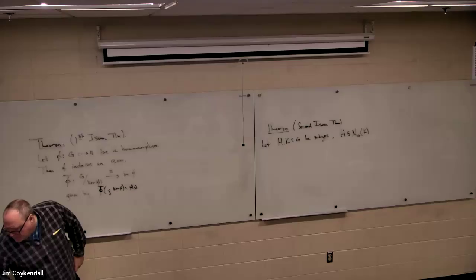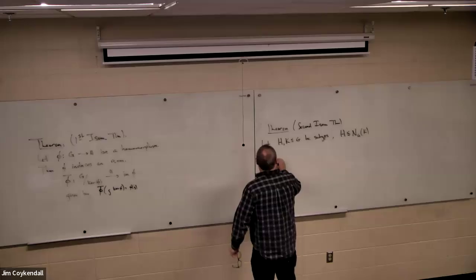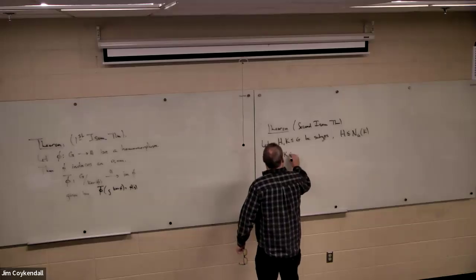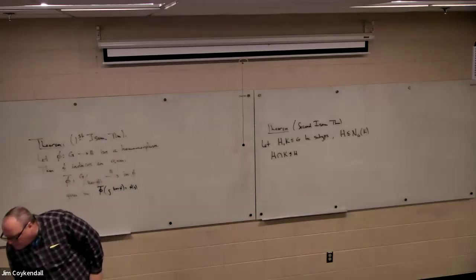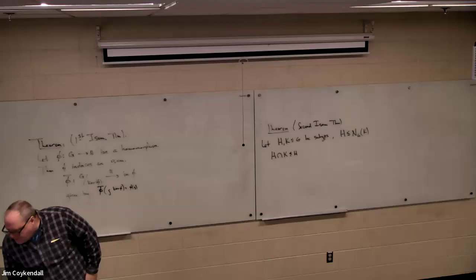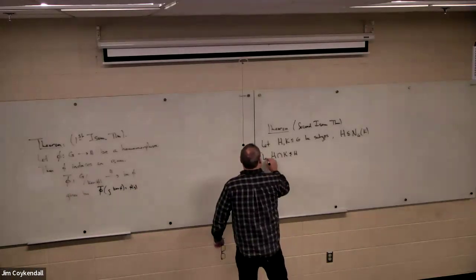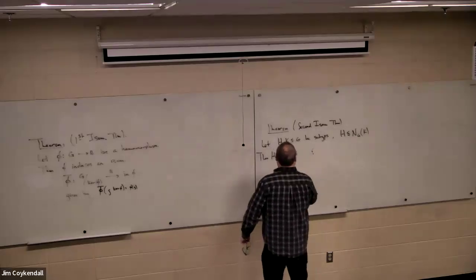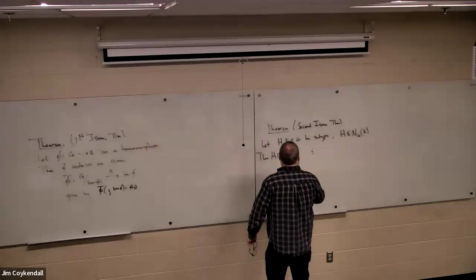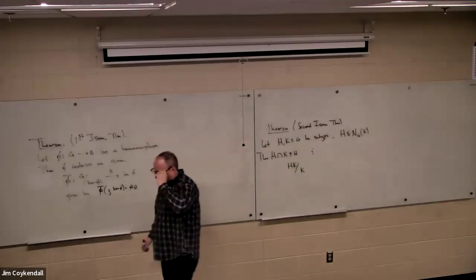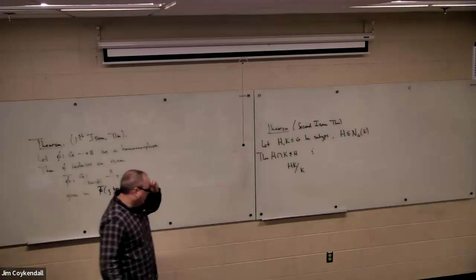So our conclusion here is H intersect K is normal in H, and HK mod K is isomorphic